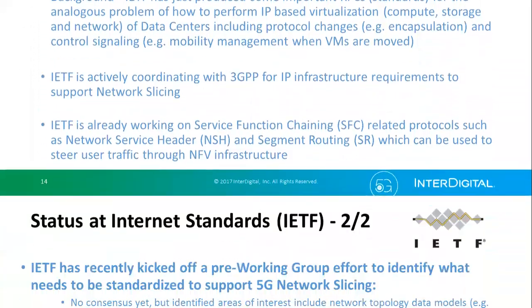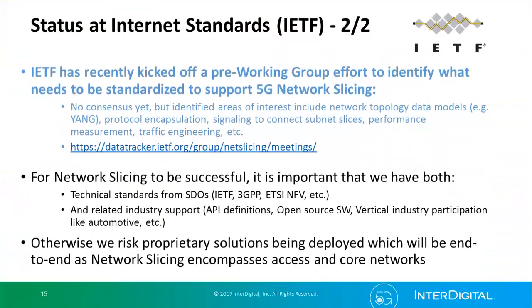Next slide, please. So now we get to the heart of the matter regarding the IETF and network slicing. In the IETF, we've had a very active pre-working group discussion, because the working group itself has not been officially formed yet, because we're still debating what has to be done. But some of the key points that have come up is that we believe